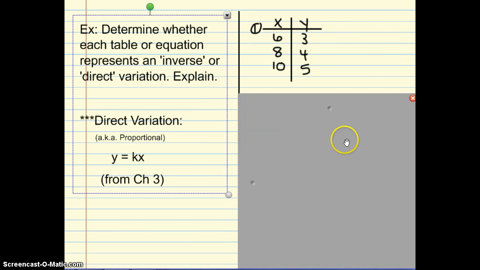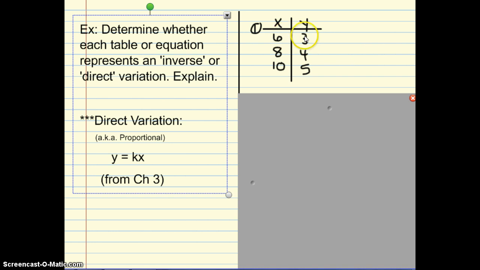We're going to determine whether each table or equation represents inverse or direct variation, and we're going to explain why. And just a reminder, direct variation, also known as proportional equations, look like y equals kx, and this is back from chapter 3. So, looking at table 1,